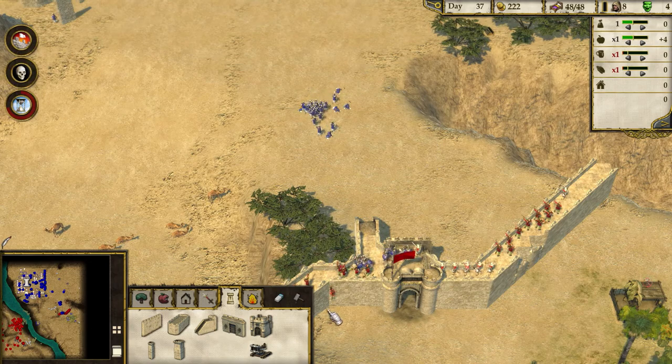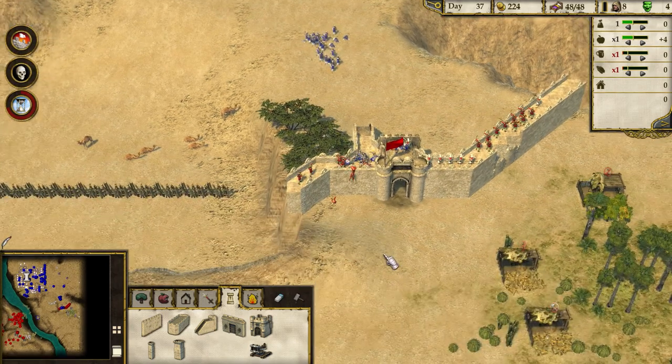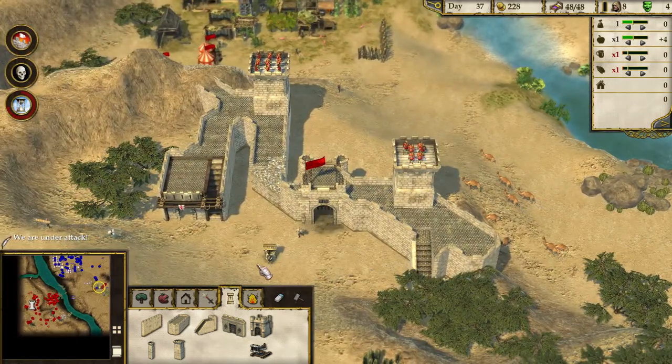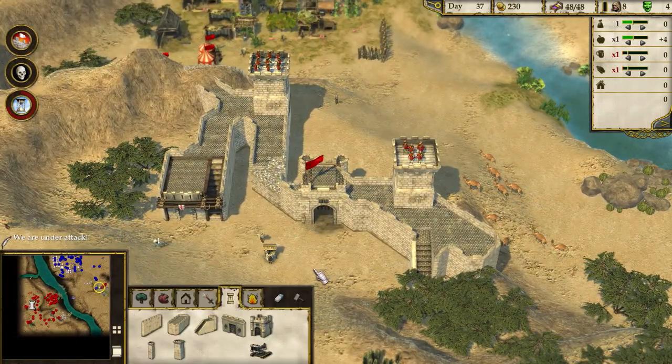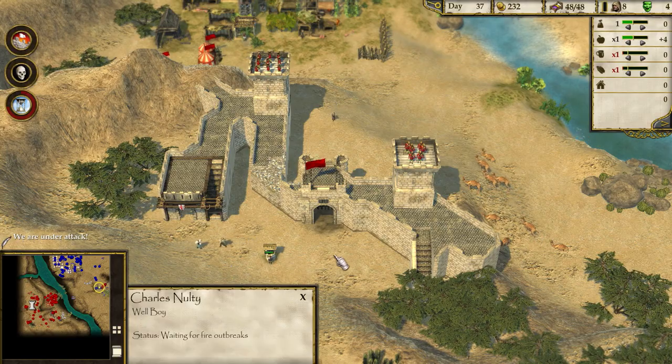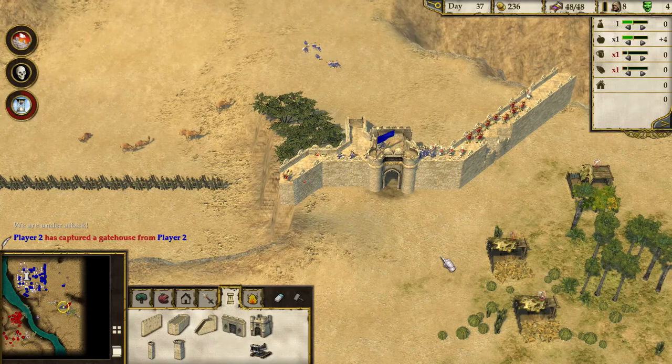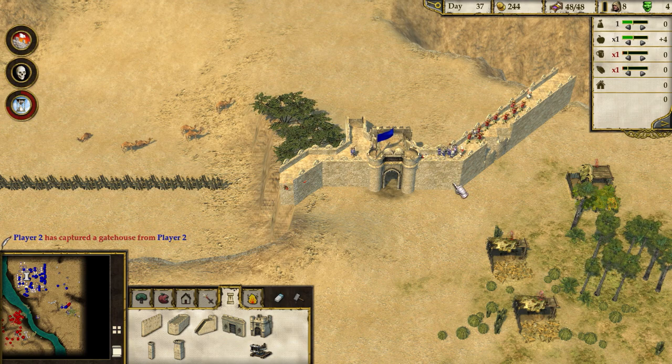Rip my military. That guy fell off. Poor guy. Well, not my entire military. This place is still here, but, you know. I like how the guy just stands there and waits for it. Well, boy. Player 2 has captured Gatehouse from Player 2. You captured Gatehouse from yourself. That's not how that works. Anyway, we're not going to kill these guys with just archers. They'll just slowly walk through it, so...